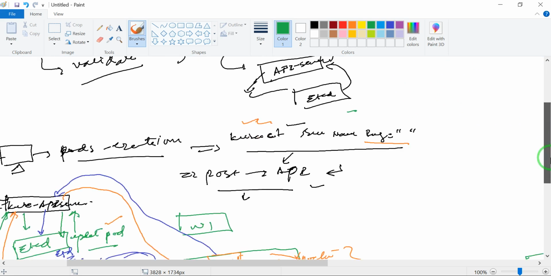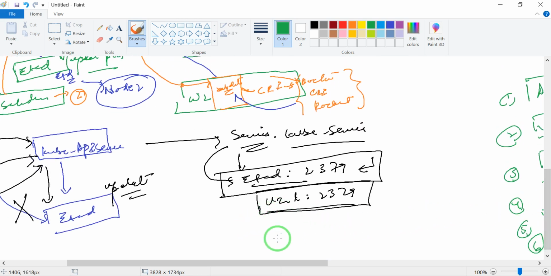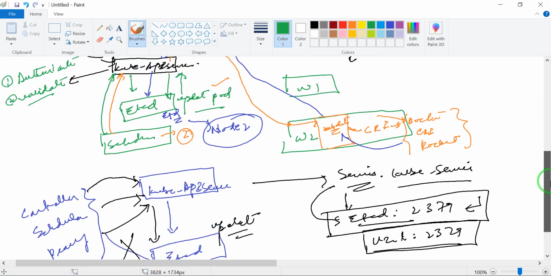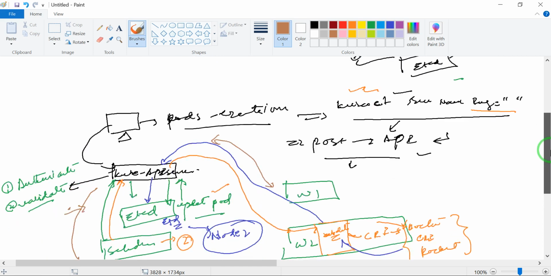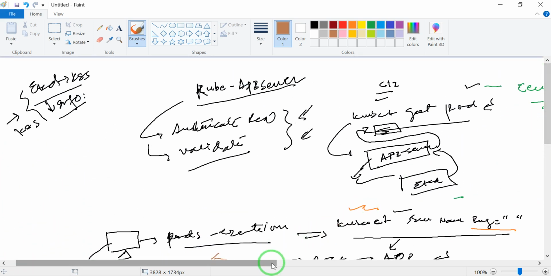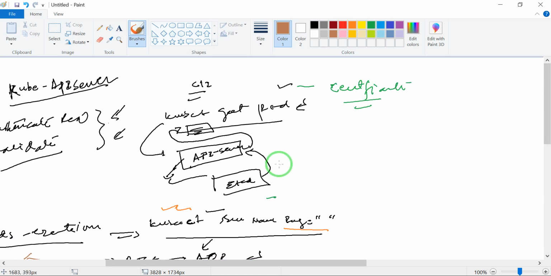Whatever communication happens between these nodes and components, from here to here, all of it is secured with the help of cert files, that is, SSL or TLS communication, with negotiation between two components in order to secure the communication.